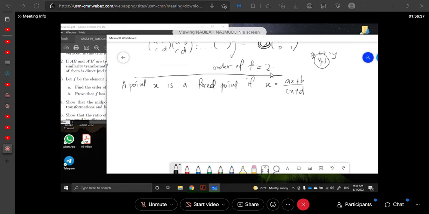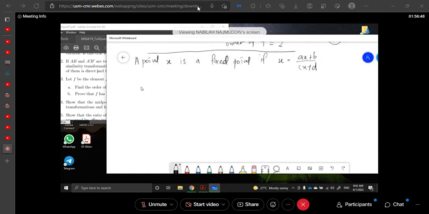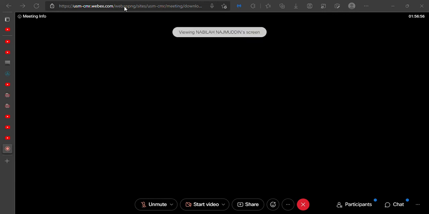Then just express X only in the form of A, B, C, D. Okay? If we continue to rearrange the terms, then we have X times (CX plus D) equal to AX plus B. Okay? So CX squared plus DX